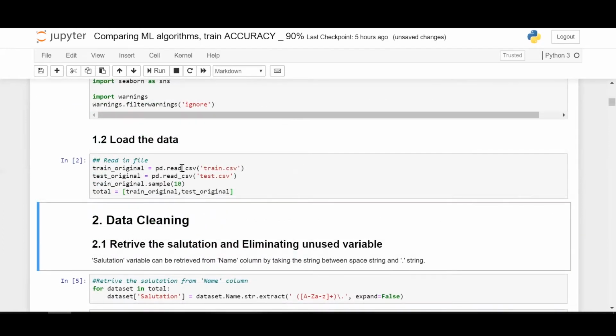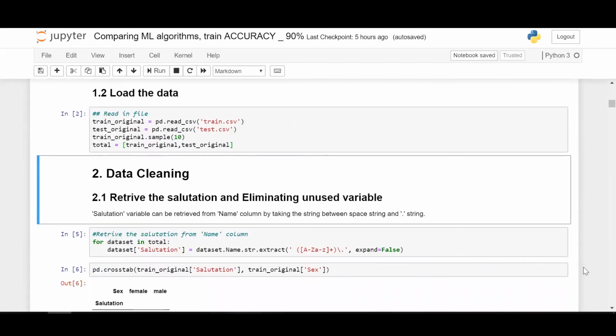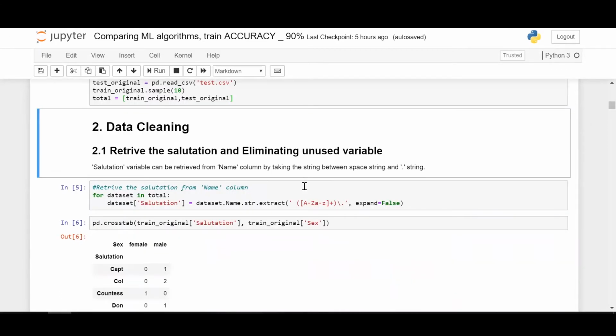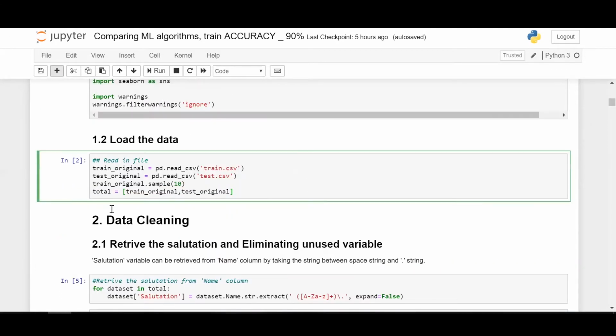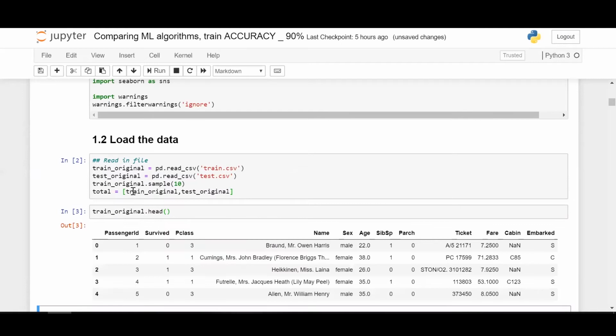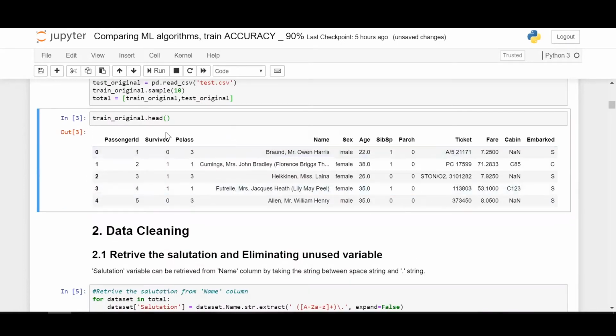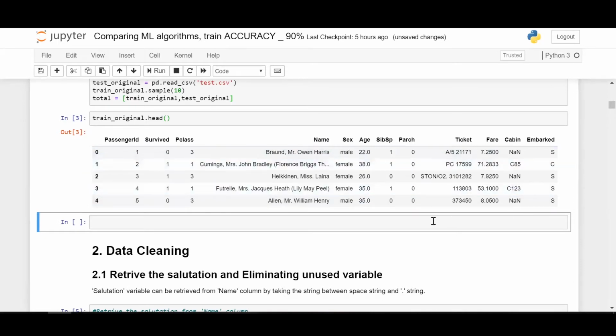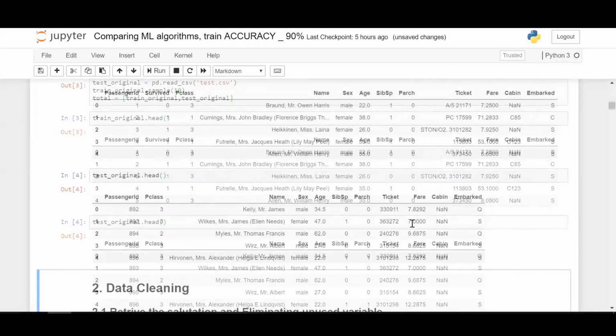So here, basic loading, reading the CSV file, and then I just want a few visualizations before we get into the next steps. So train original. It's the training data. Same to same thing which we have seen previously for Titanic, where we had done treatment for the NaN values, and test original. Yes, these two.